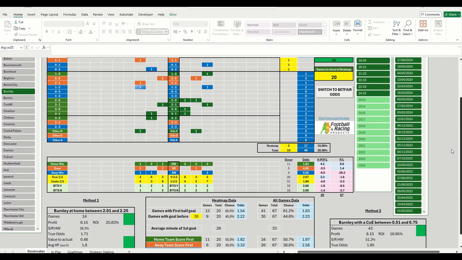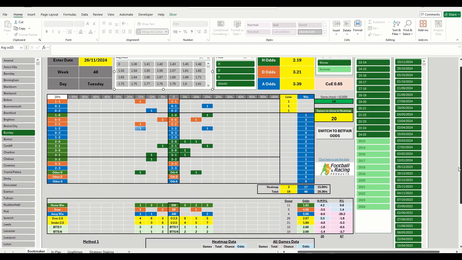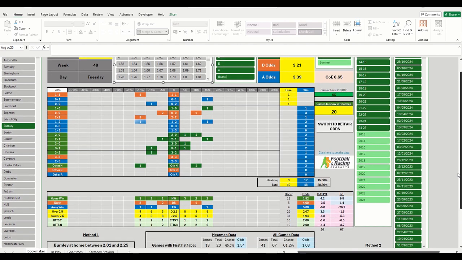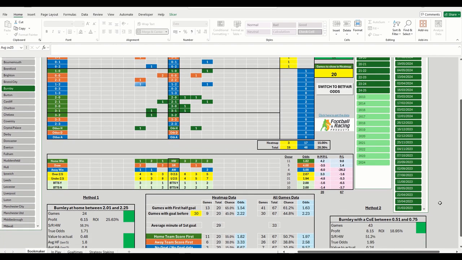0.65 is their coefficient. So where Burnley have had a coefficient of between 0.51 and 0.75, again the quartiles, 43 times with a profit of 8.15 and an ROI of nearly 19%, giving true odds of 1.95 and again value to actual 0.24. So looking at that on face value, I would be more than happy to back Burnley for the home win. Whether you wanted to do correct score, whether you want to do a home win, whether you wanted to put a home win drip in,